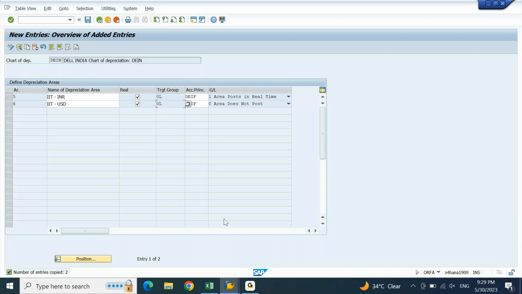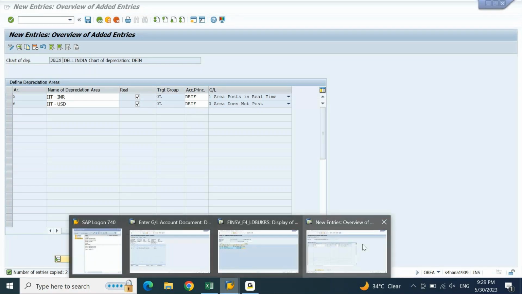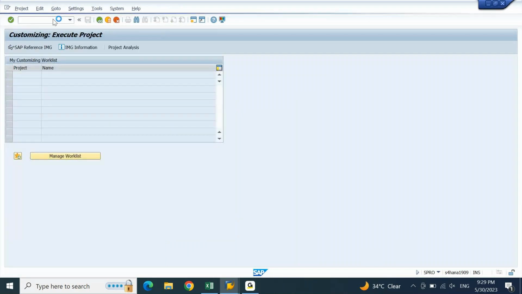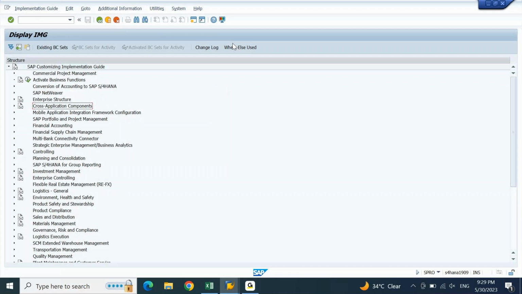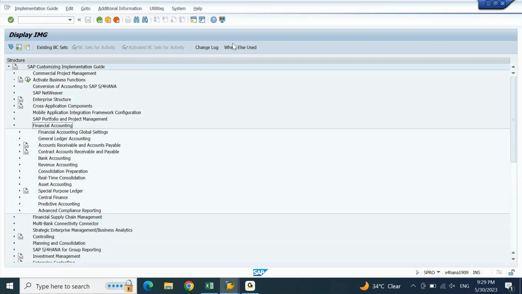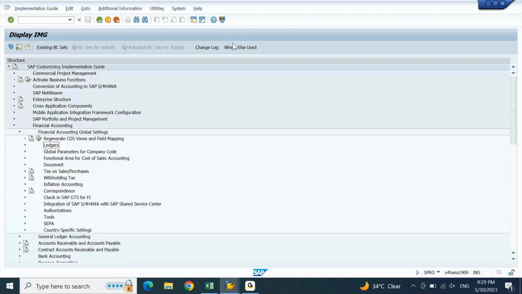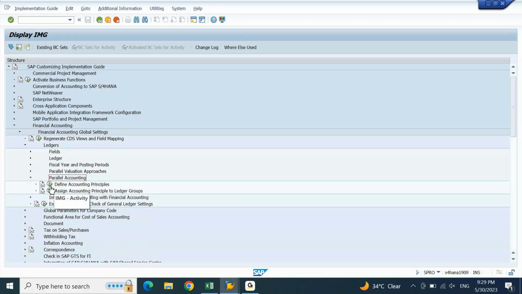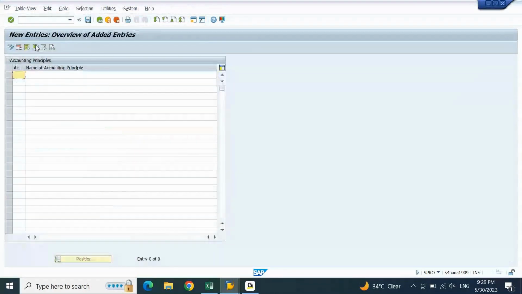Now let us verify one thing. In the accounting principle SPRO, whether you are able to create an accounting principle but without a ledger. Global settings, ledger, parallel accounting, accounting principle, new entries. I'll put DEII, DEIN, Indian Income Tax Act.